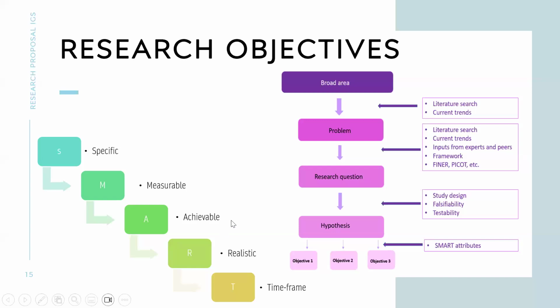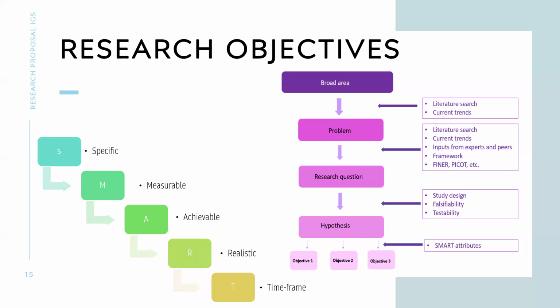And it must be achievable. When you talk about achievable, it definitely means that you can fulfill the objectives that you list. And also it must be realistic. Some people are aiming for something which is not realistic. Some people want to aim for solving the world's problem, which we cannot do. So we might be able to solve only a quarter of the problem, but not the whole problem